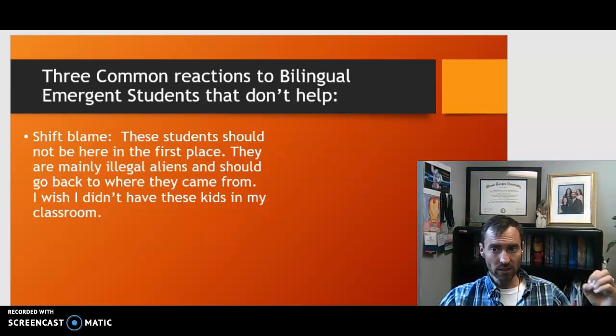And it's a really gut punch to have to look in the mirror and say, what do I believe about these kids? When I hear people in the grocery store speaking a different language, do I get angry or am I okay with that? Do I care if I have a student in my classroom who has parents who do not speak English and I need to find a translator? Or is that going to be a big deal and I'm going to be angry about it?